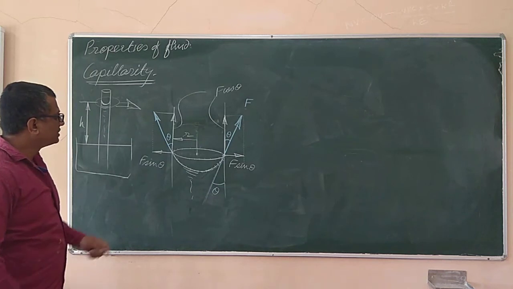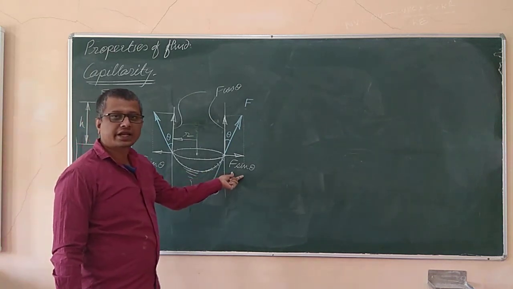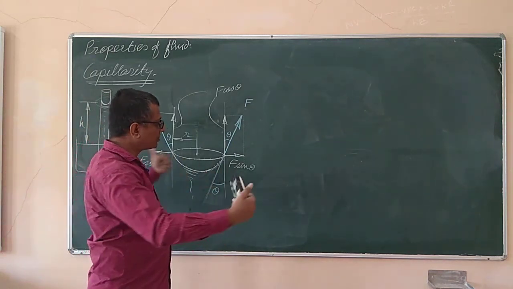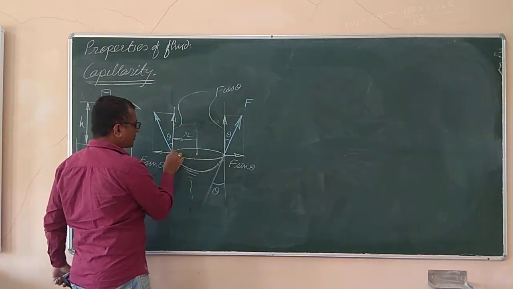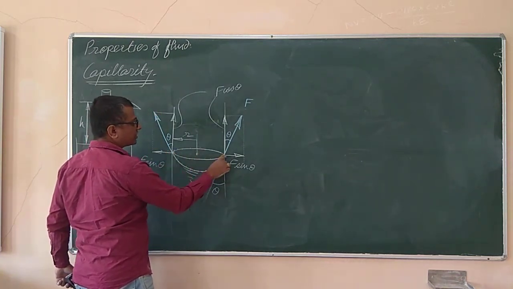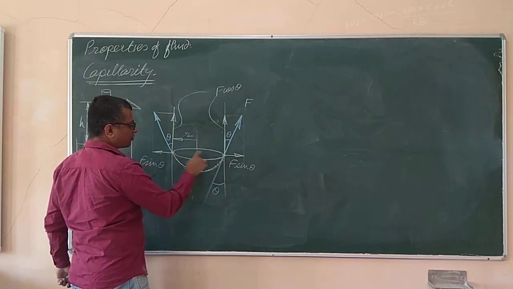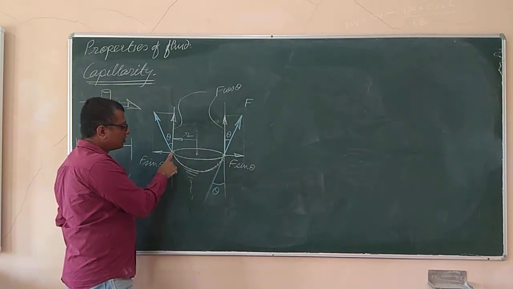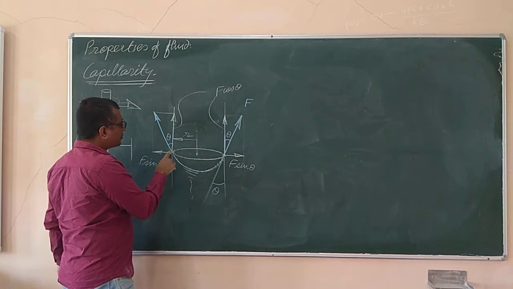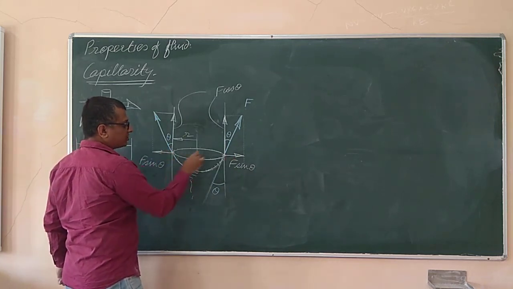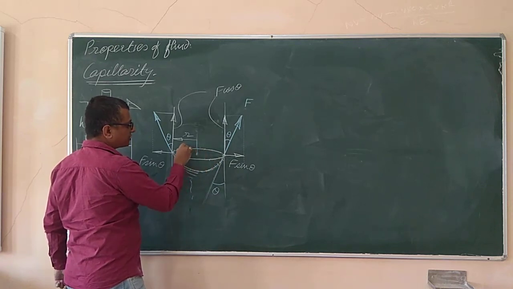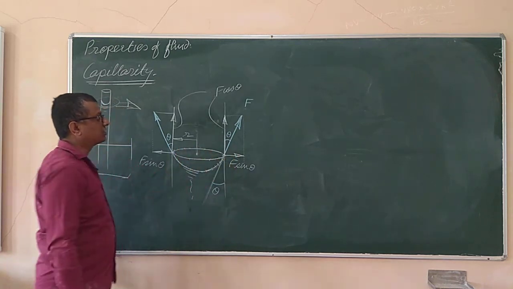So, out of this, F sin theta and F sin theta are acting in a horizontal direction and that too opposite to each other. So, for every particle over here, there will be a particle onto the opposite end along that diameter. If you draw a diameter passing through that point, there will be one more particle on which the component of the force due to the surface tension will be acting exactly in the opposite direction. So, for every particle there will be an opposite particle, so that these two forces will cancel each other.